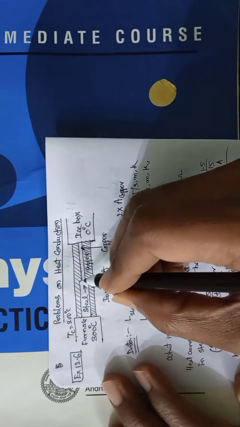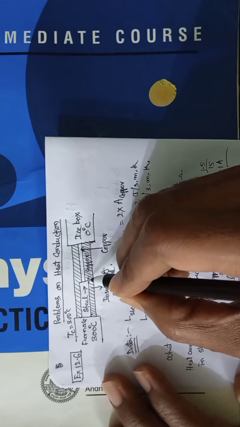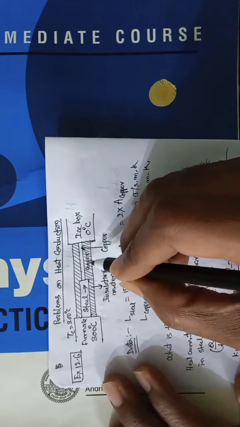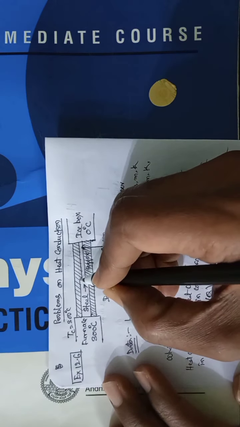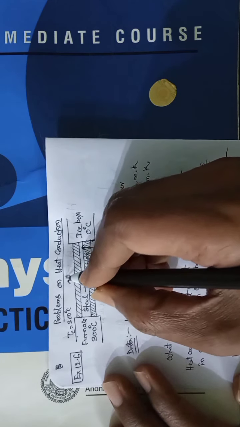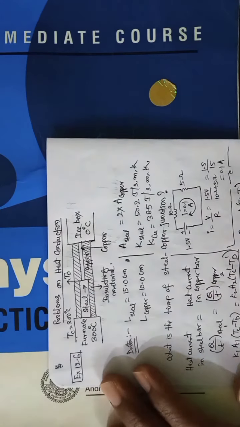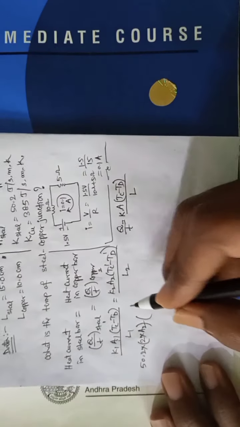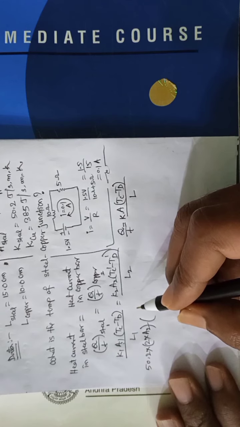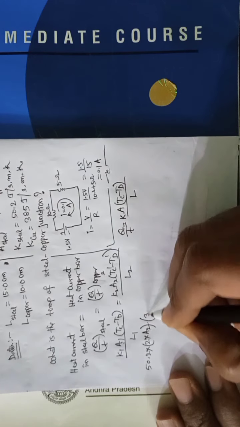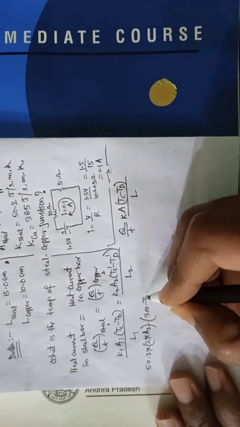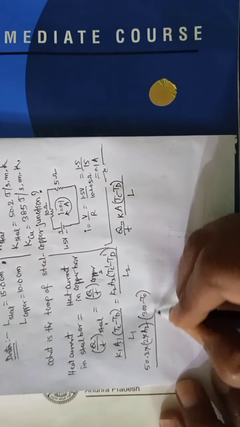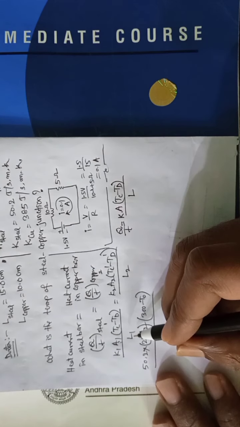And the right hand end is becoming a junction of the steel and copper. So let the junction temperature be T0. Now here you can write Tc minus Td means 300 minus T0, by L1, the length of the steel bar,